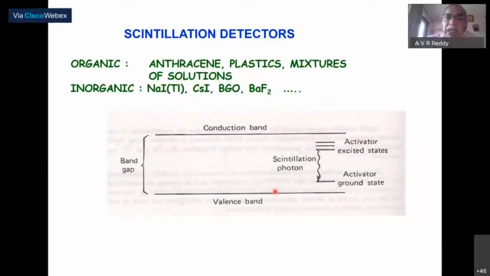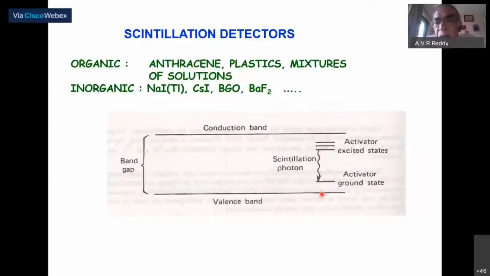And remember that when radiation interacts with the sodium iodide thallium, it can transfer energy which will take the electron to the conduction band. While coming back, it may come directly, or it can come through the activator excited state and de-excite to the ground state, and this energy gap corresponds to the visible region. And now, it is not the only process. It can as well ionize here, excite the electron from here to here.